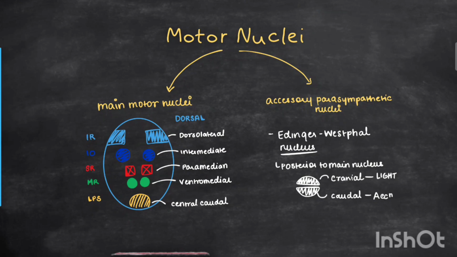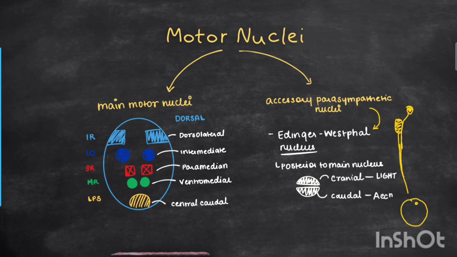Now we'll come to the accessory parasympathetic nuclei, which is also known as the Edinger-Westphal nucleus. In terms of anatomy, it is situated posterior to the main motor nuclei, and the axons of the nerve cells accompany the other oculomotor fibers into the orbit. So suppose this is the main motor nucleus, this is the Edinger-Westphal nucleus. Now it will come along with the oculomotor nerve fibers, follow its course, and within the orbit, it will synapse